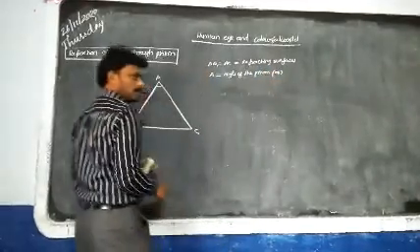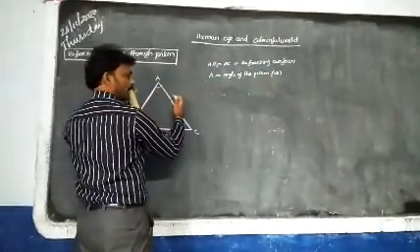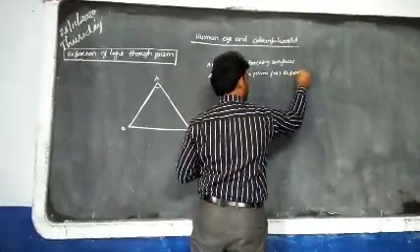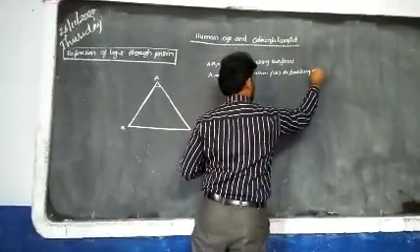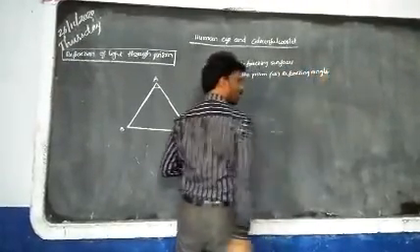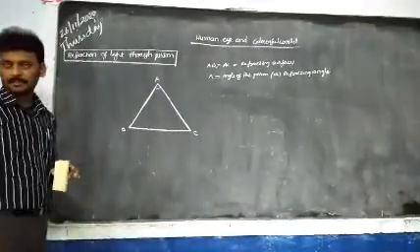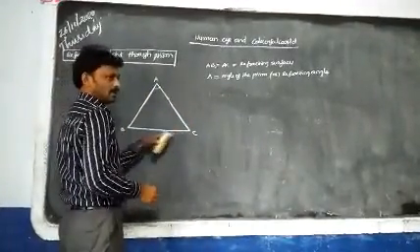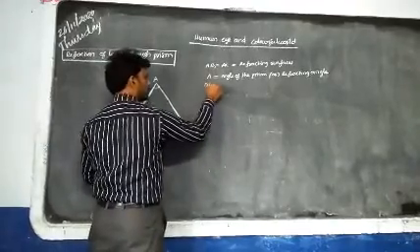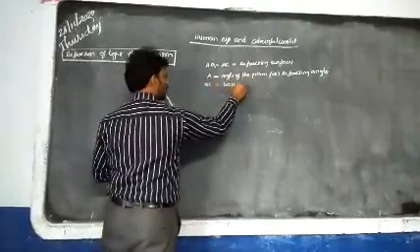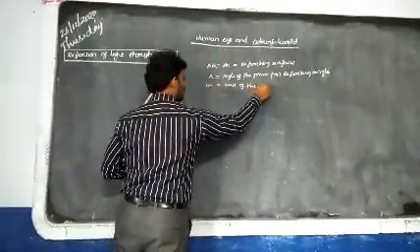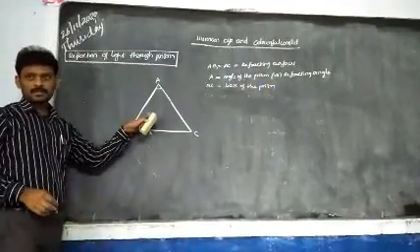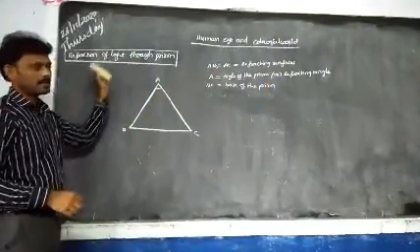This angle is in between the refracting surfaces, which is why another name is refracting angle. What is the other name here? Refracting angle. Remember this. Next, BC is called the base of the prism. Remember this. Now, whenever light is incident on this surface, how does refraction take place?